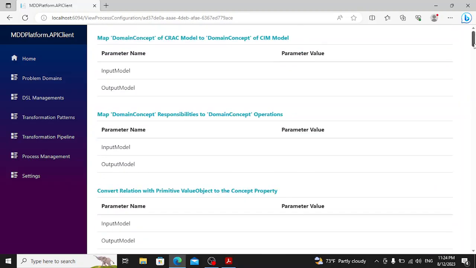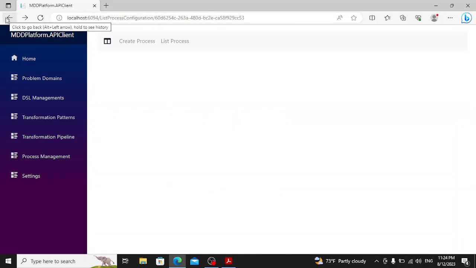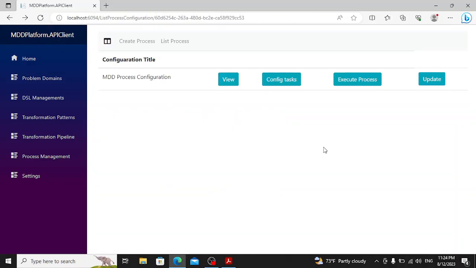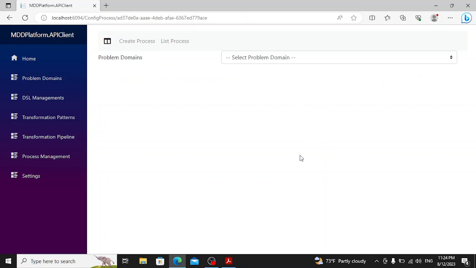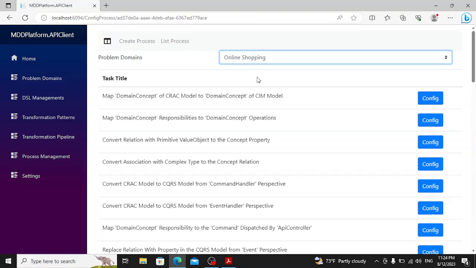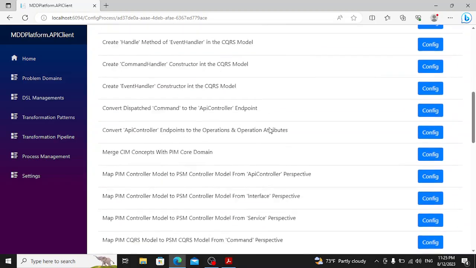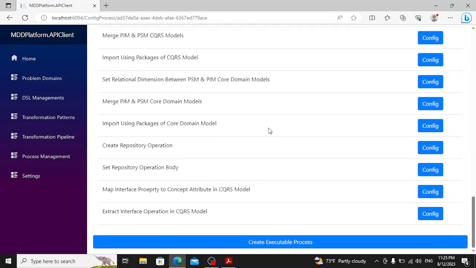During the configuration process, I'll need to specify these parameters. To perform the configuration, I click on the Config Task button. I then specify the purpose of this process. In my case, I'm configuring it to create and prepare the online ordering system. I select the problem domain, and you can see that the list of automatic tasks defined in this process is